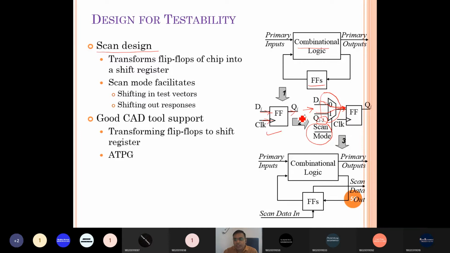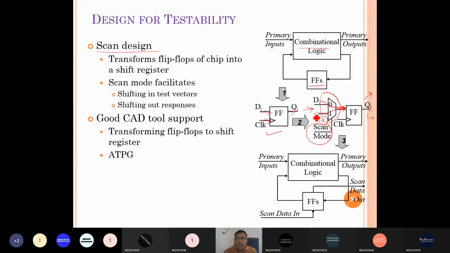So whatever the previous flop output, it is fed to the next flop, and the output of that flop is again fed to the next stage flip-flop, making a chain of such flip-flops in the design. The output of the last flip-flop we can see at the primary output, right?